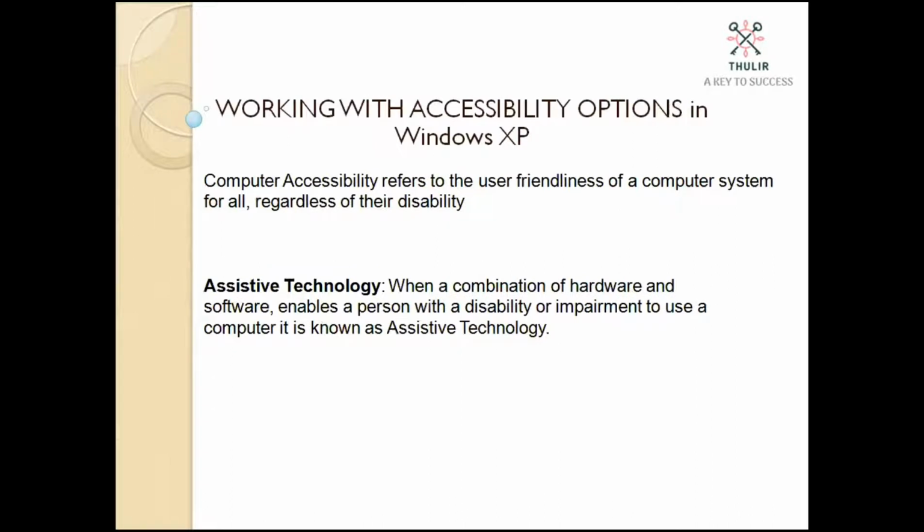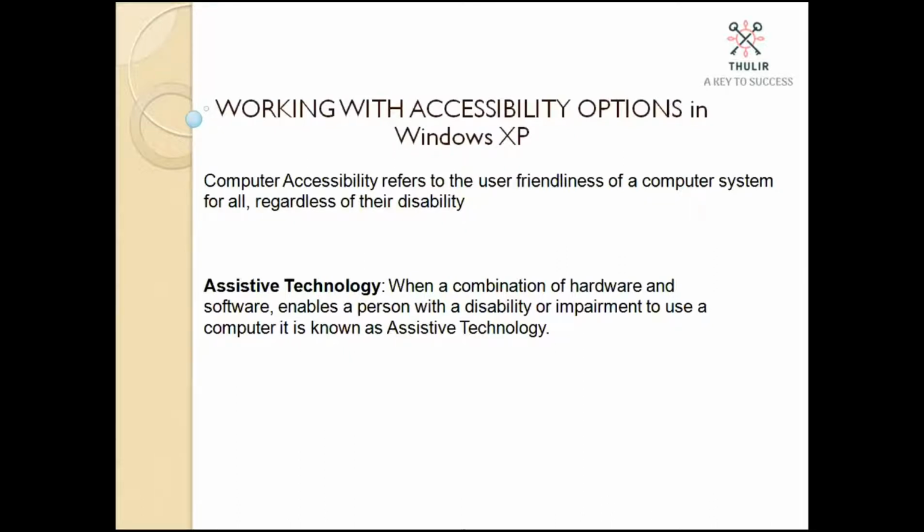Okay, so first we will see what is accessibility option, then we will move on to see how it works. So accessible, the name itself tells you how easily, how friendly you are with the computer, or the computer is with you to access all its features.